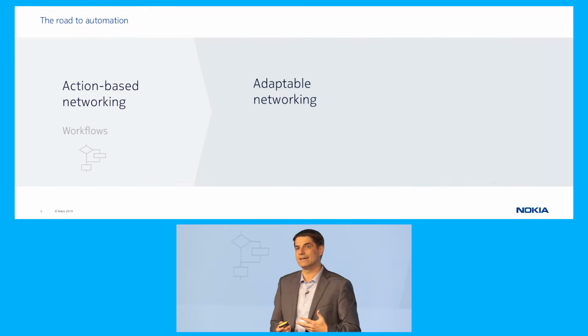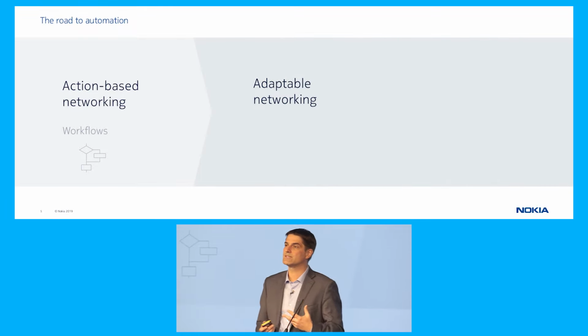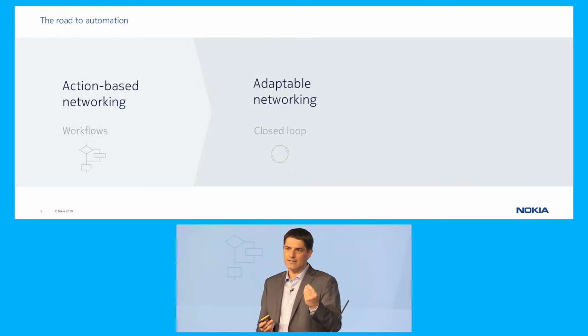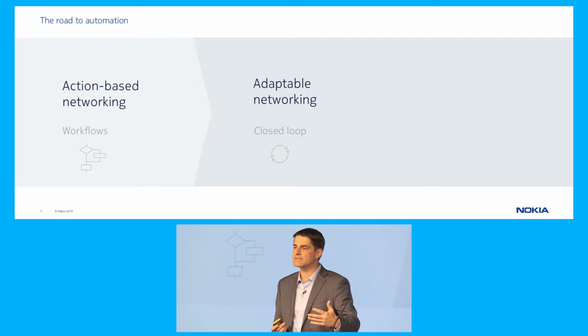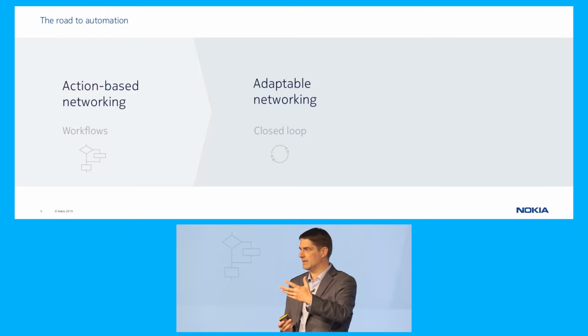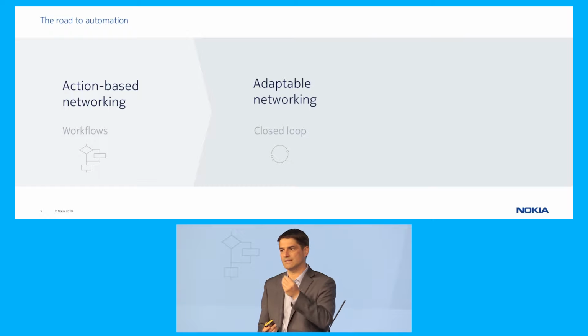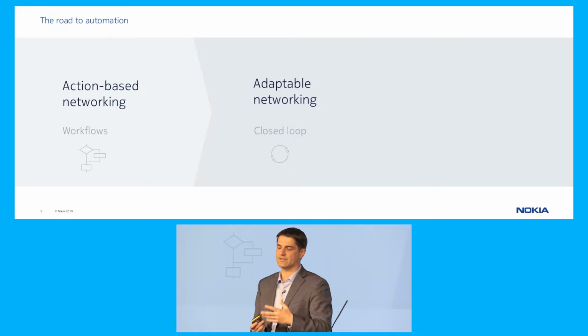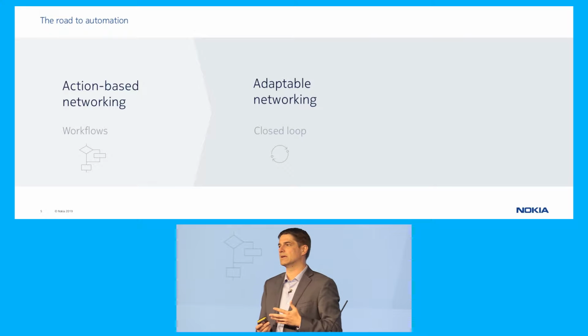The next stage is more focusing on closed loop automation. Anything in the network that can trigger events and action in the network. And Rudy talked about this quite a bit. For many years now, we have been investing in all the different aspects of that closed loop to make sure that we can get the insight, that we can process the data and really arrive at some actionable insight, that we can push the actions into the network, that we can monitor, et cetera. So there's a lot of activity in this space.